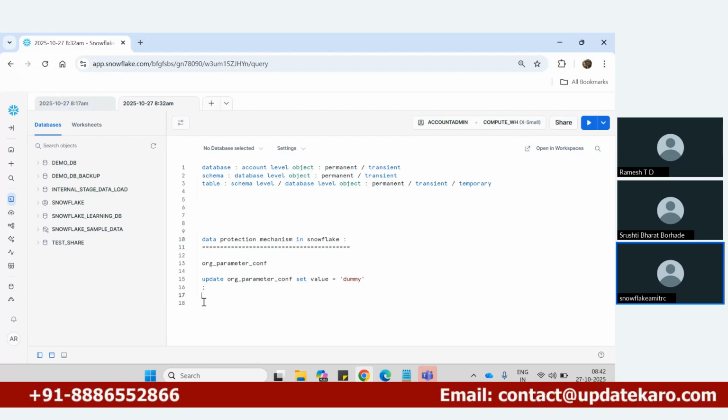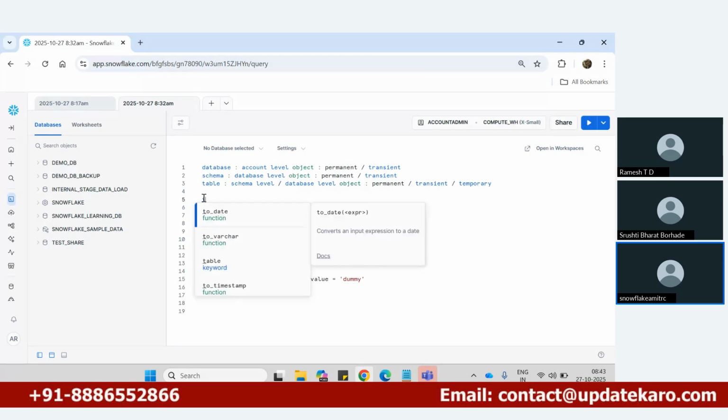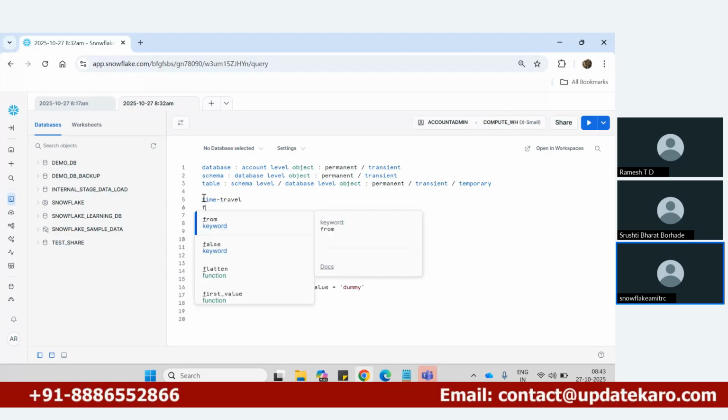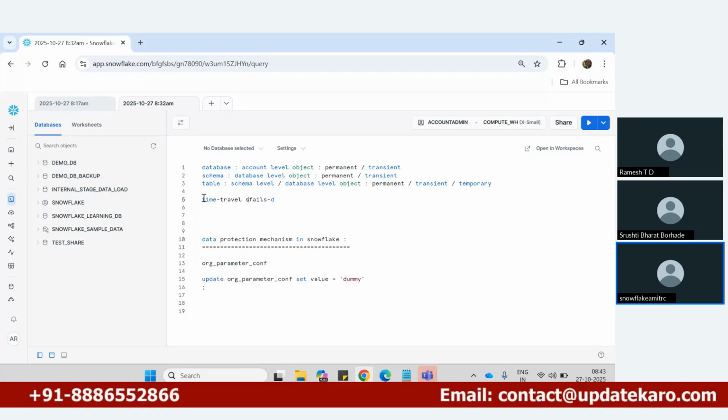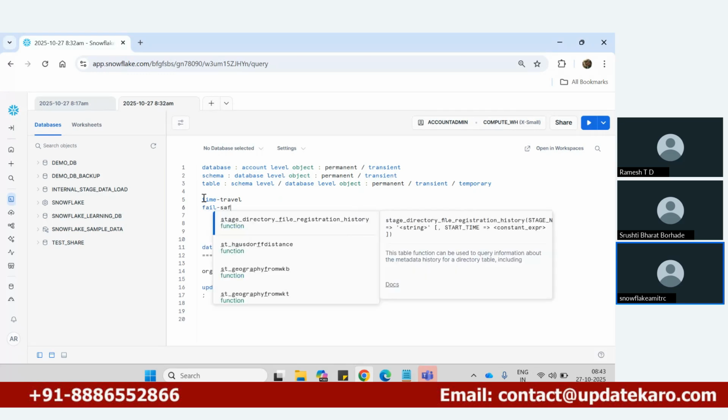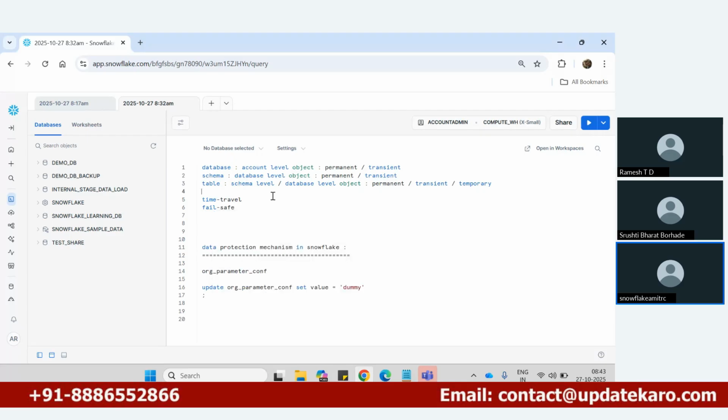So here Snowflake has two concepts. One is time travel, and another one is fail-safe. Now by using time travel, what you can do is go to history and retrieve